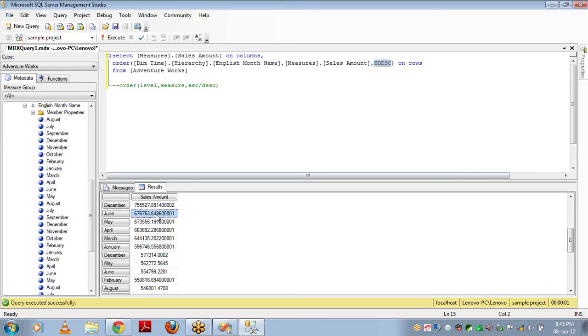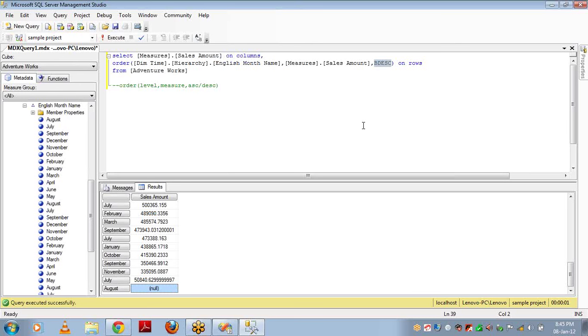So this one will be helpful while sorting data at hierarchy level based on some measure. You have to go with BASC or BDESC, which means break hierarchy ascending or break hierarchy descending. If there are any breakages, it will work. It will sort the data in that case also. And these breakages will not happen in attributes. Why? Because an attribute is a single level, with the default all level and then the members of that attribute. But here it's a hierarchy. There may be a child for a few parents, and for a few parents there may not be a child. So that means there is some breakage happening in the middle.